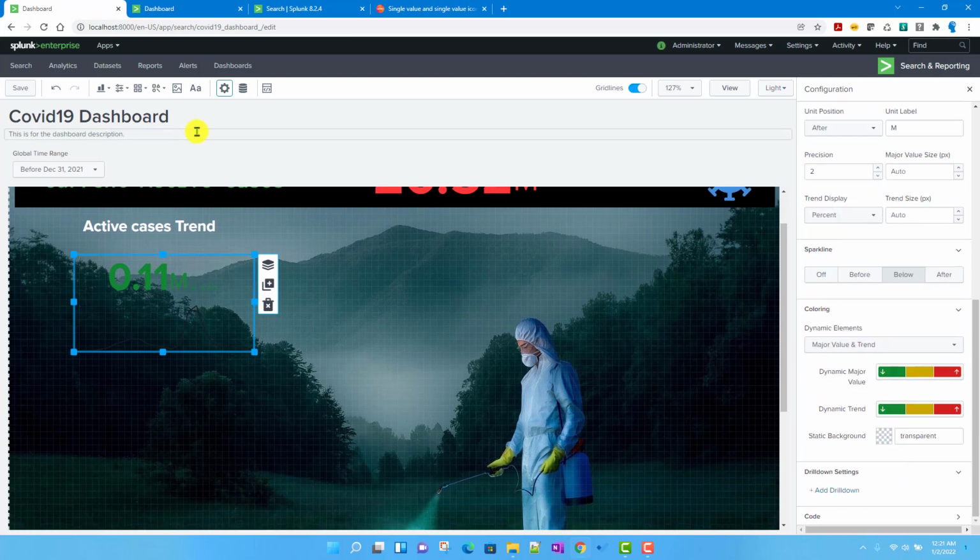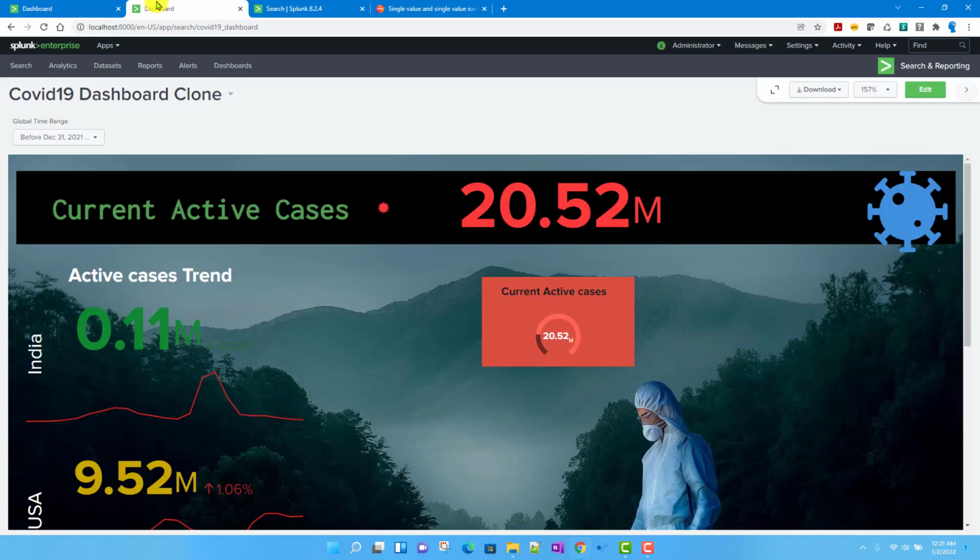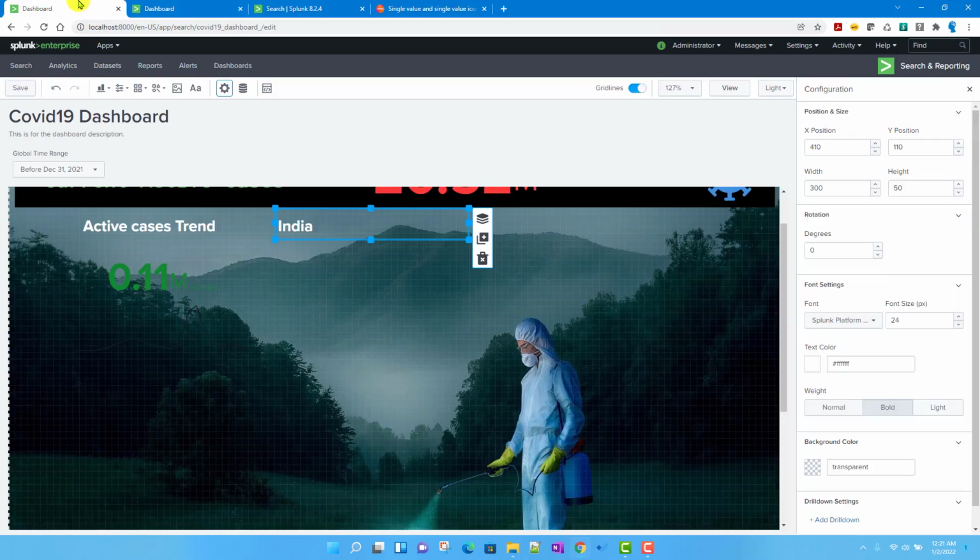I will just add a new text box over here called India, and I will make it white color, make it bold, and we need to basically rotate it so that it will display something like this. You can do it using this rotation degrees here.